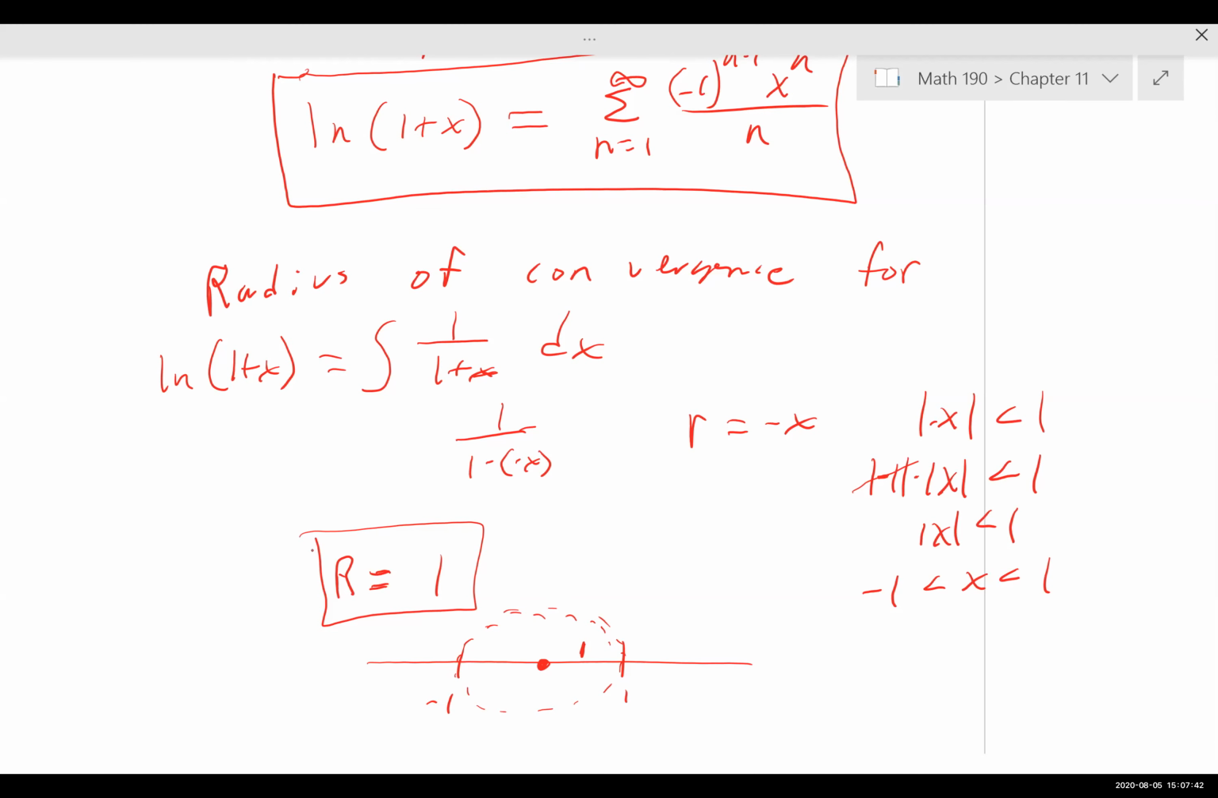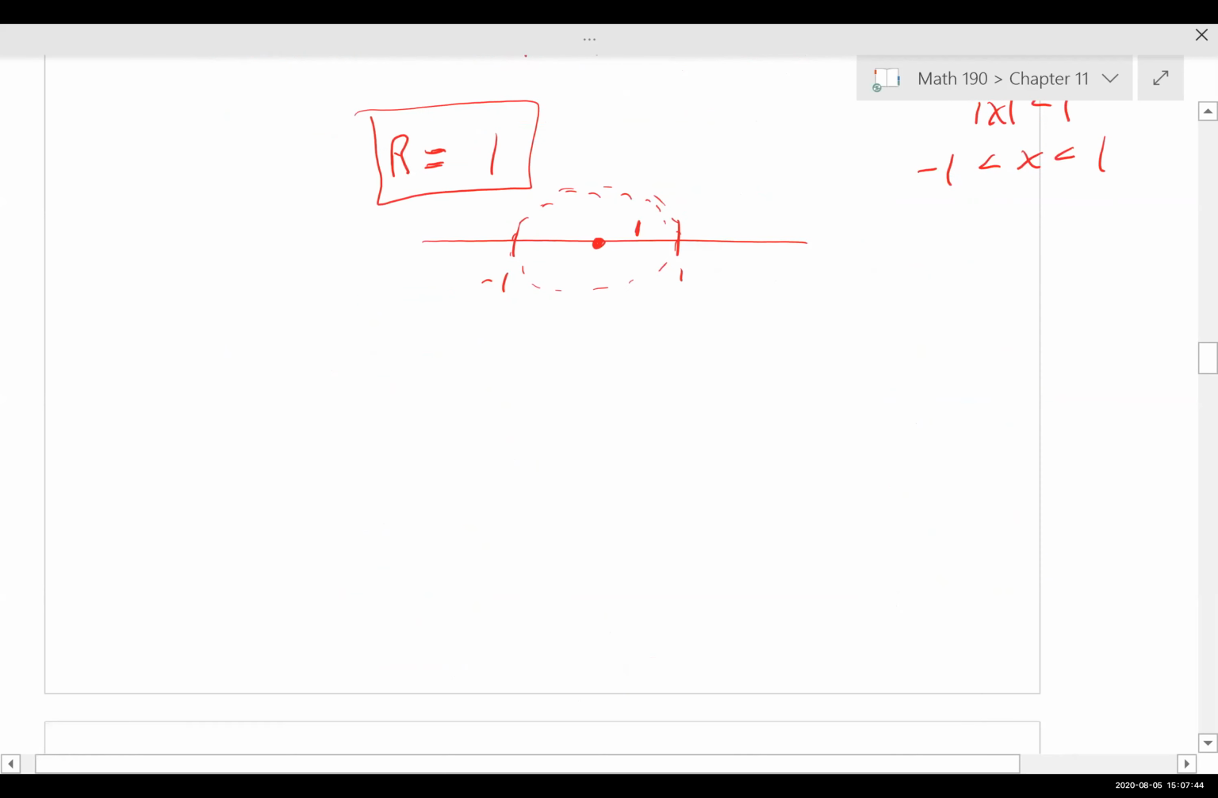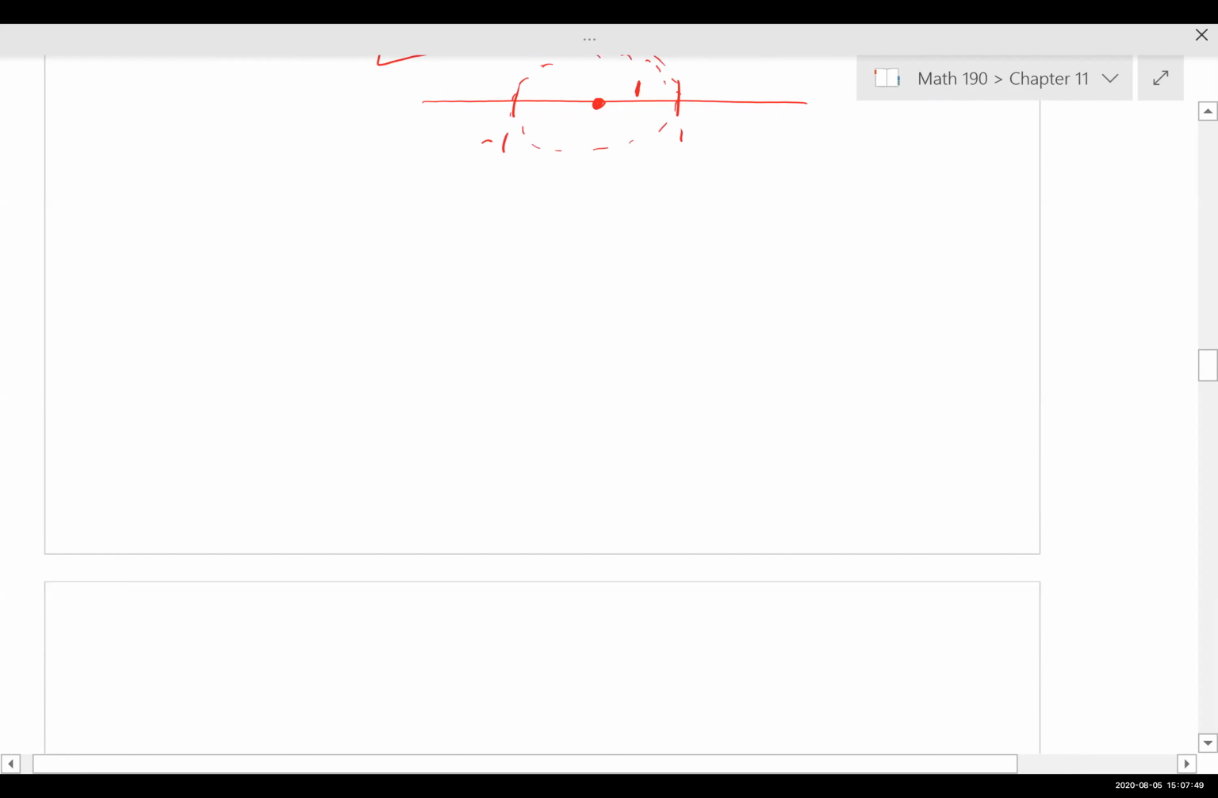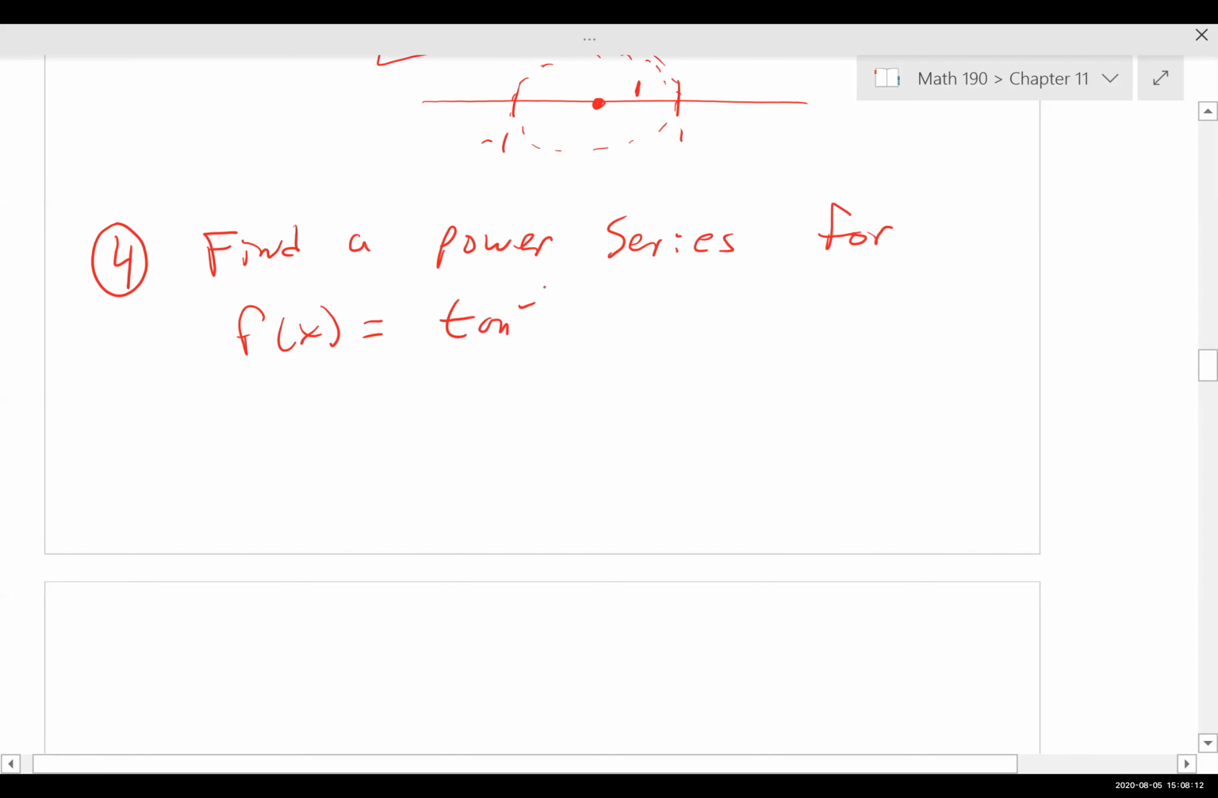Okay, last example in 11.9. Okay, number 4. Find a power series for f of x equals inverse tangent of x. Oh, okay, inverse tangent of x. Okay, so